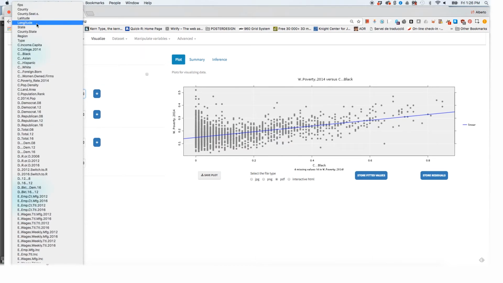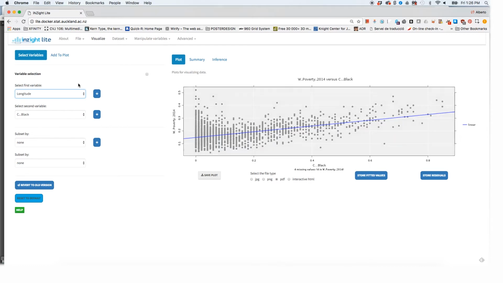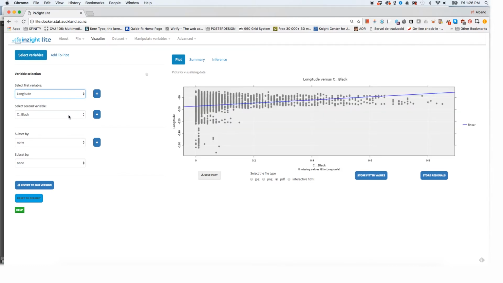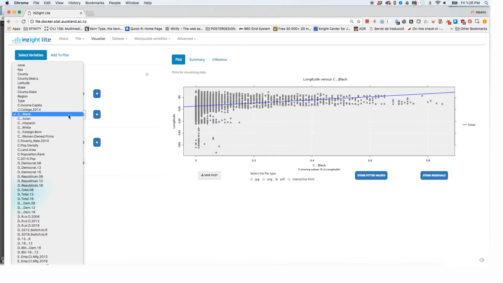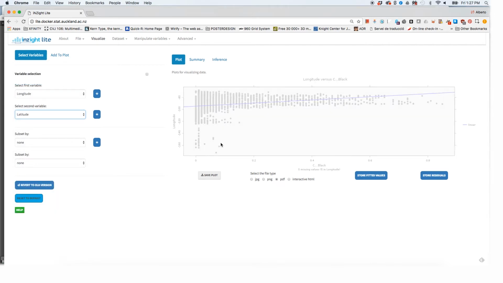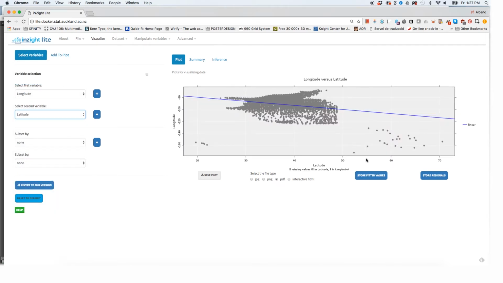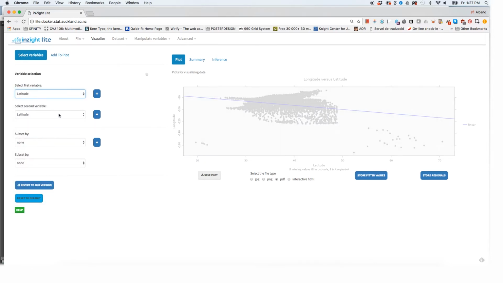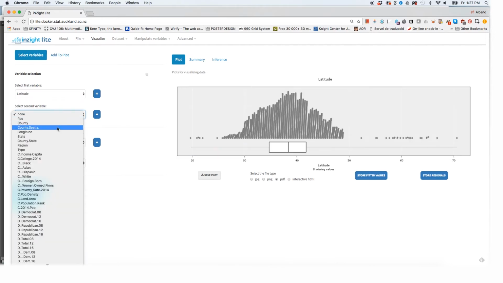The longitude will be the central longitude of each one of the counties. And then I'm going to select the second variable and I'm going to select latitude, okay? The geographical latitude of each one of the counties, the center of each one. And what Inside will do, oh, actually it has not done it correctly. It's actually the reverse, latitude and longitude. Let me see if it does it now.